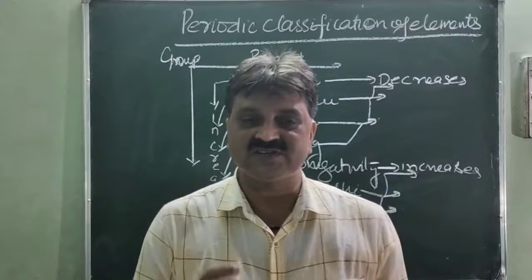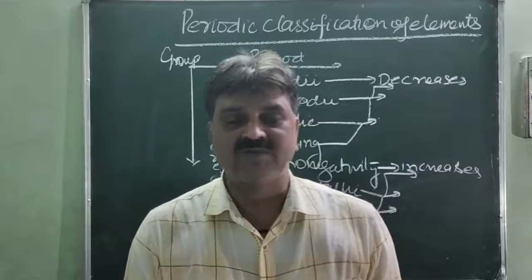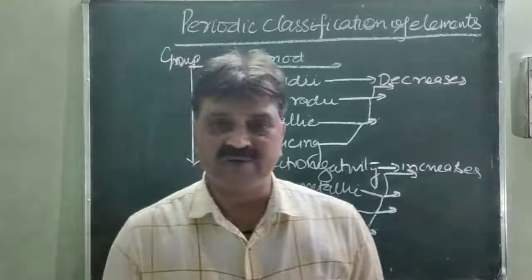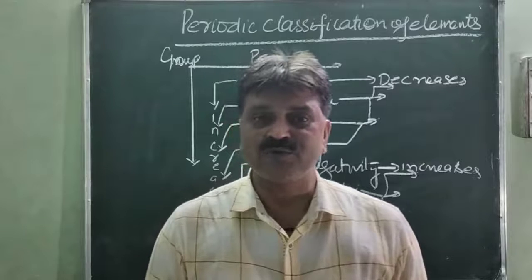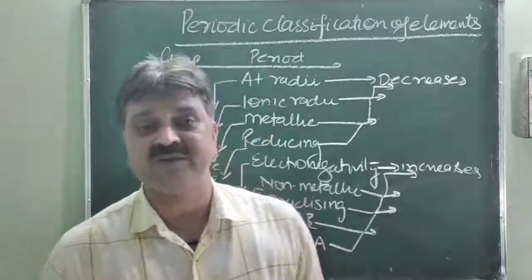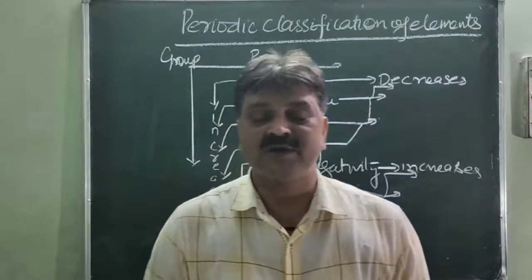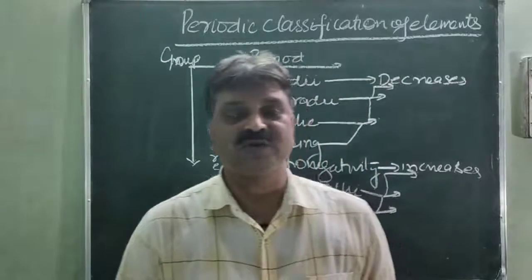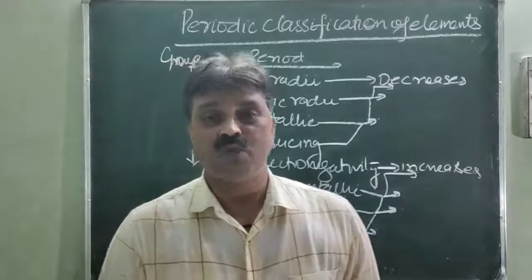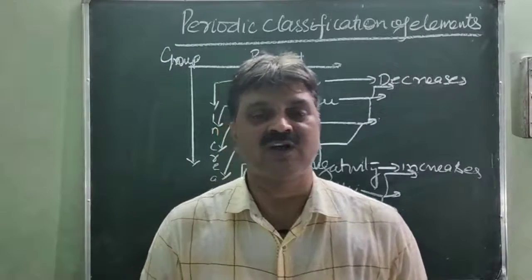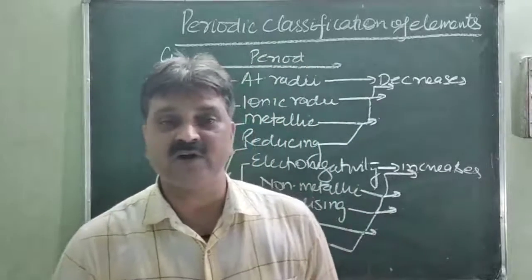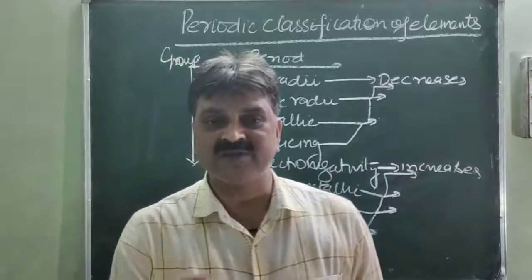So the periodicity of elements is their atomic mass. Now the discovery of isotopes raised the problem of putting one element in more than one place. At the same time, Moseley and Chadwick experimented and found that the most fundamental property of an element is its atomic number, not the mass number. So Bose modified the Mendeleev periodic table into the long form of the periodic table, which is known as the modern periodic table. In the modern periodic table, the periodicity of elements is their atomic number.